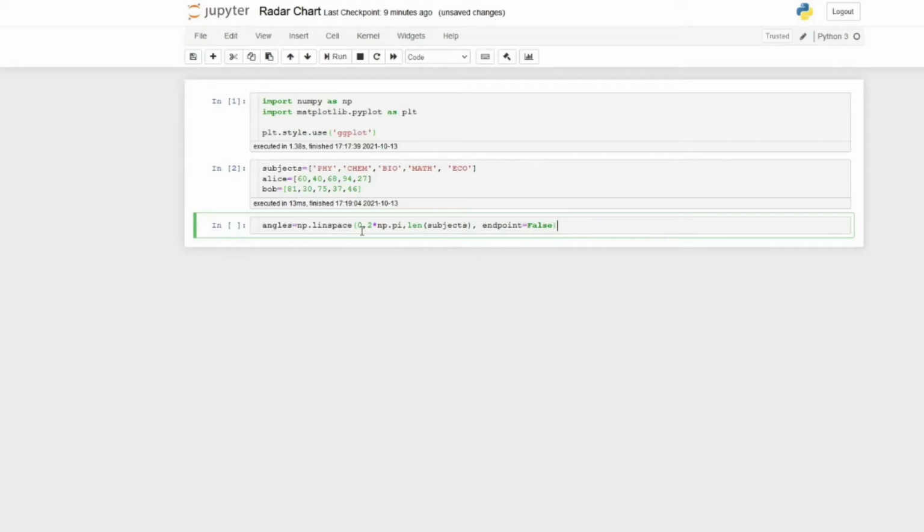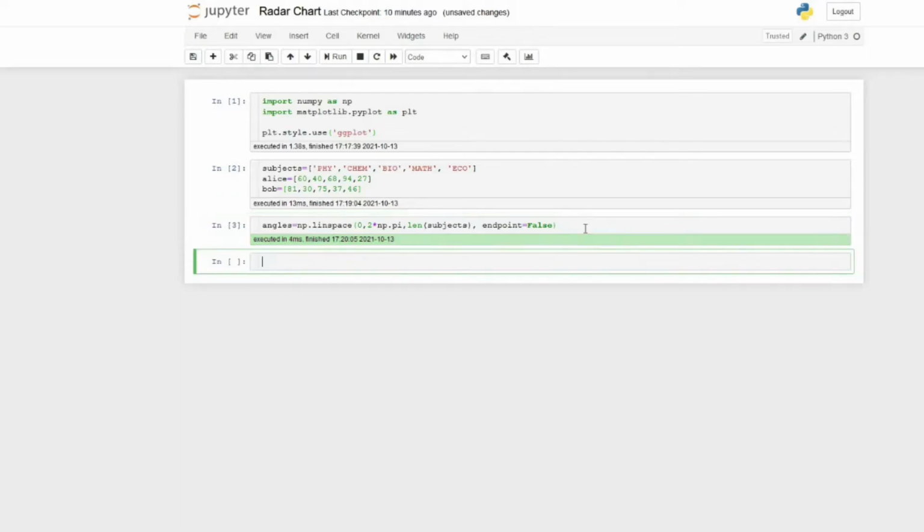In a radar chart we have the distance and the angle. Those are the two things which we have. So first thing is we have to set the angles. We can set the angles by using the np.linspace function.